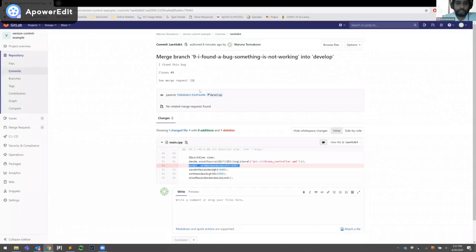Here, Jude, can you see my screen? In Bitbucket, they call it pull request, while in GitLab they call it merge request. Those kinds of slight differences are there, but it's 99% the same.